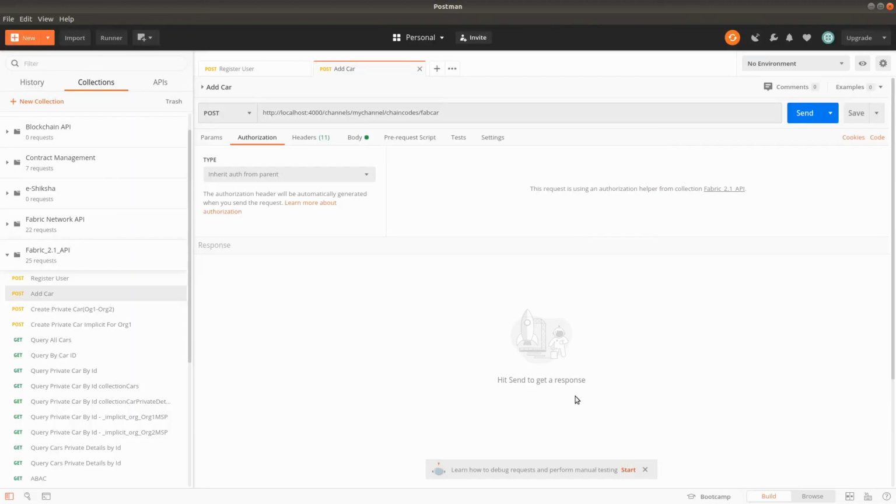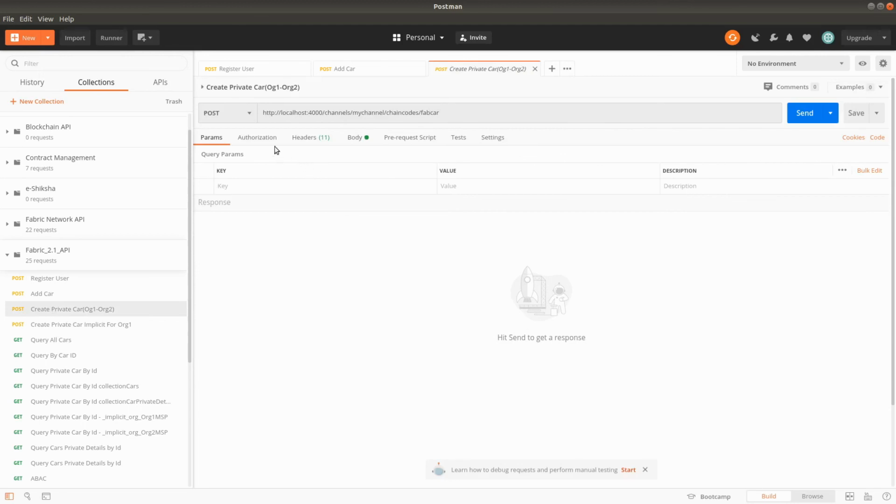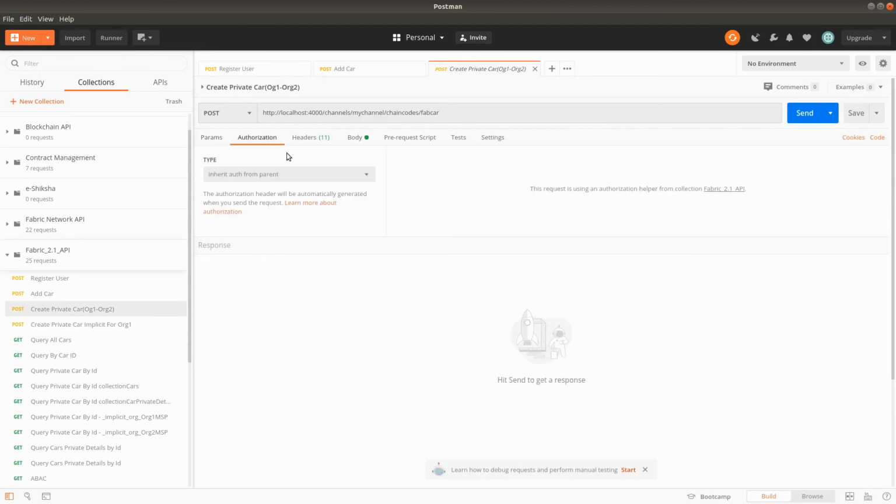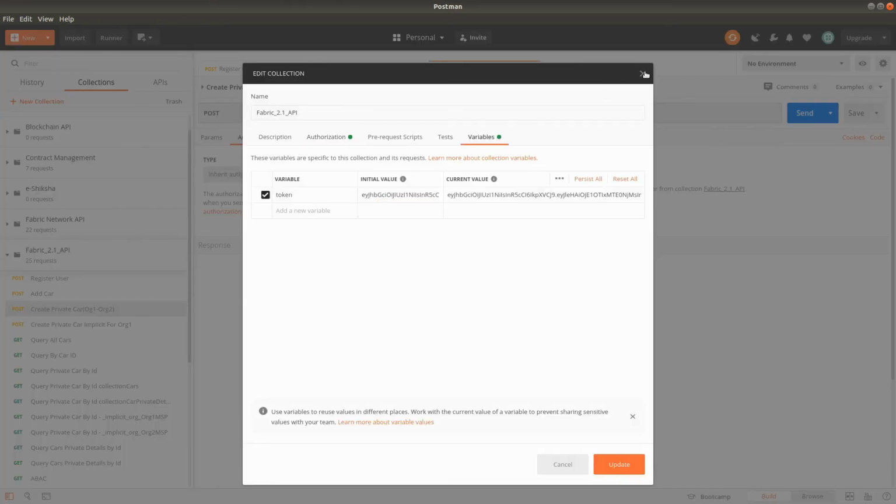For all the context of this collection, this token will get used. Let's see another API, create private car. For this as well, in authorization you just have to select Inherit from parent one time, and it will automatically use the token which we have updated in our variables.